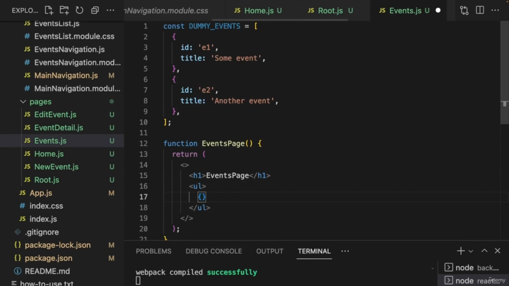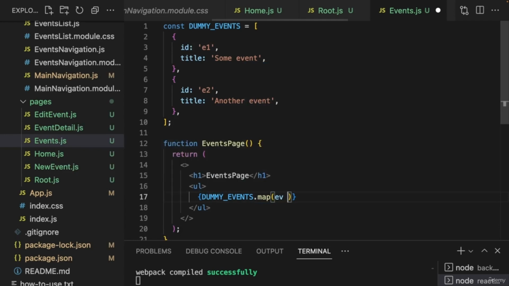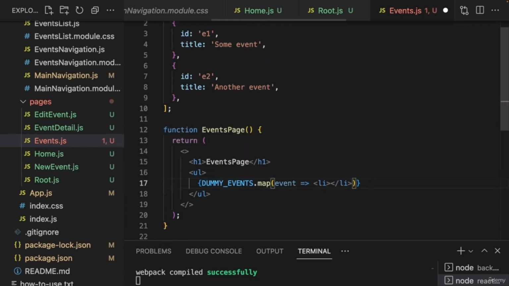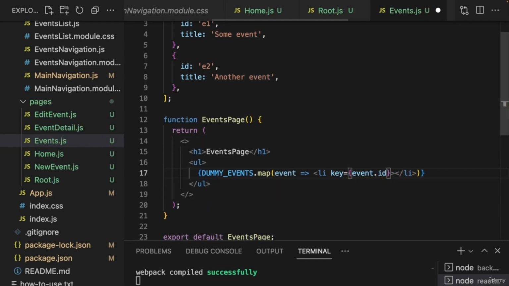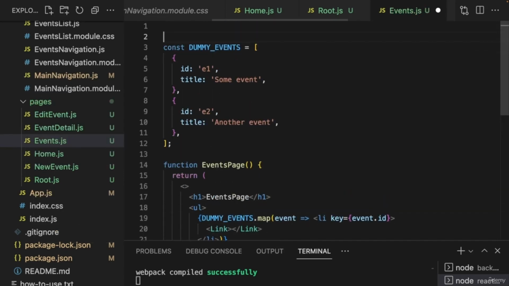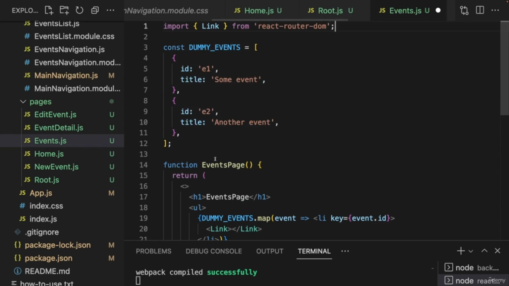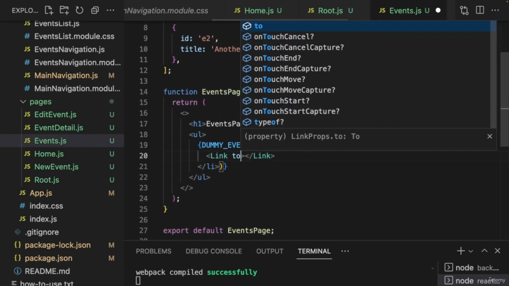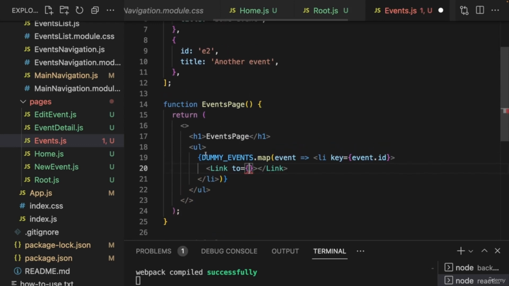Now here on the events page, I want to display this list of events, and for that we can add an unordered list, and then again map through the dummy events, and every event should then be turned into a list item where we set the key to event.id, and where inside the list item we then have a link which must be imported from React Router DOM, of course. So we import Link from React Router DOM like this. And then that link should actually lead to